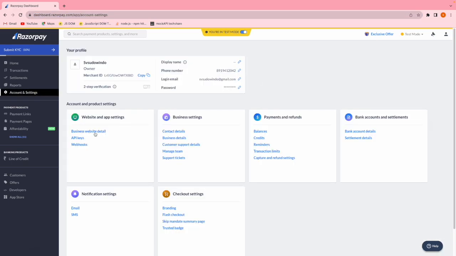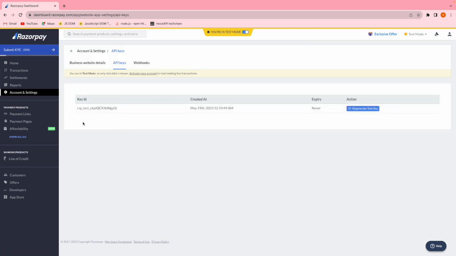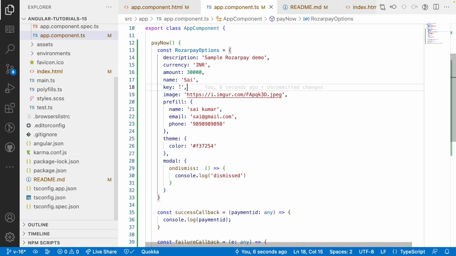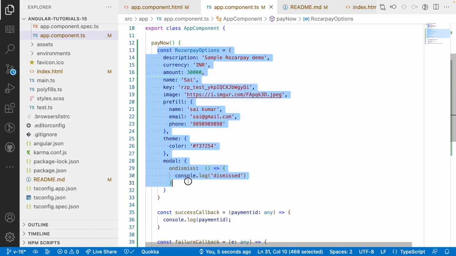Here you can see business website details and API keys. Let me click on API keys. If you click on this, you will be getting an API key ID. You can regenerate it. For now I'm using this, and later on I'll just regenerate it. So let me copy this and go into our code, and here I'll just paste this key. Save this. Now we have configured our key, and whenever I click this button, it has to open a modal